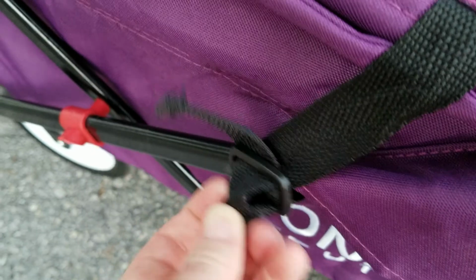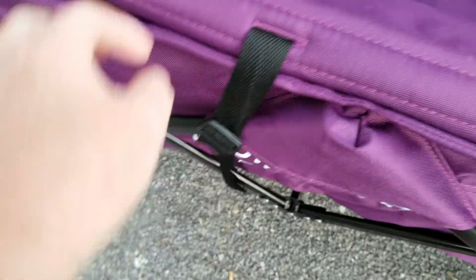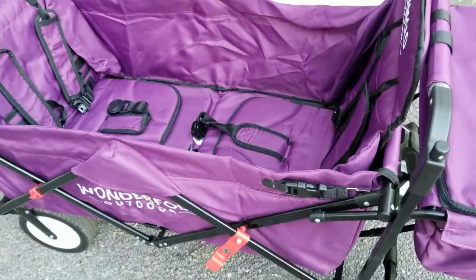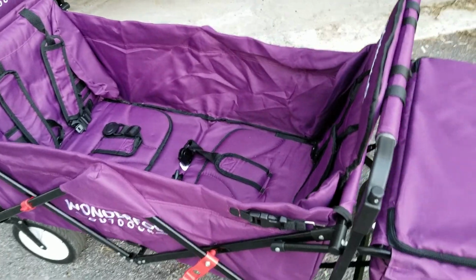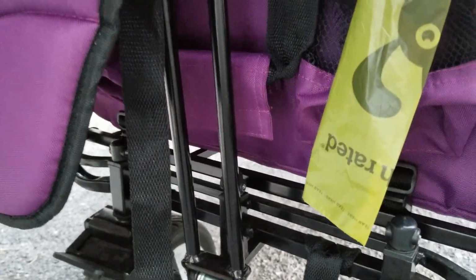As you can see, I can dismantle this with one hand. It's super easy. You want to keep your tendril tight. I always make sure that I attach my seat back to my handle so that I can install it back into my car. So essentially, when I open my wagon, I have 7 clips to attach. The 2 in the back seats for the seat belt on this side, the 2 in the back seats for the seat belt on that side, the 2 for the third seat within the compartment, and then the safety seat belt, which